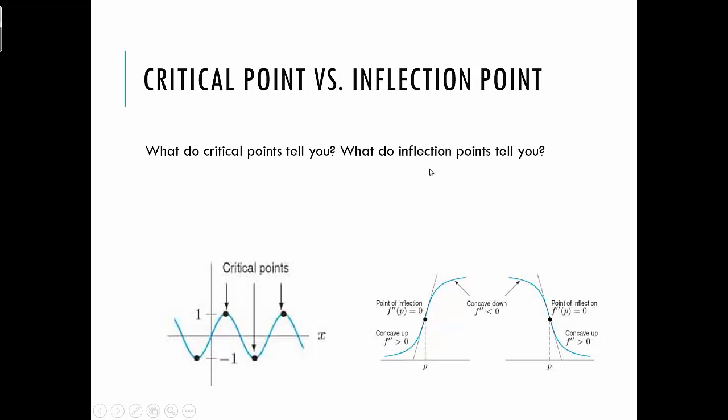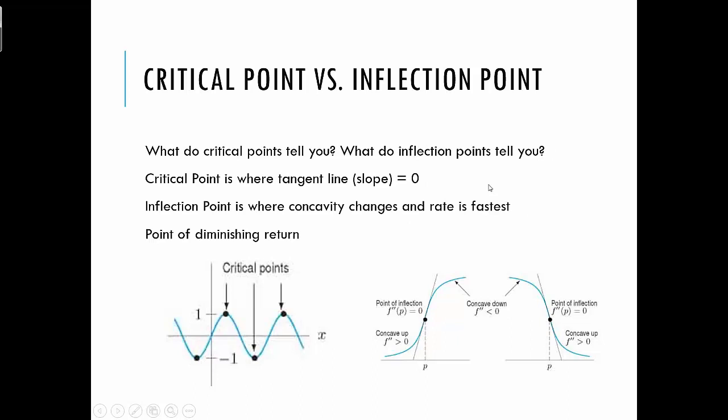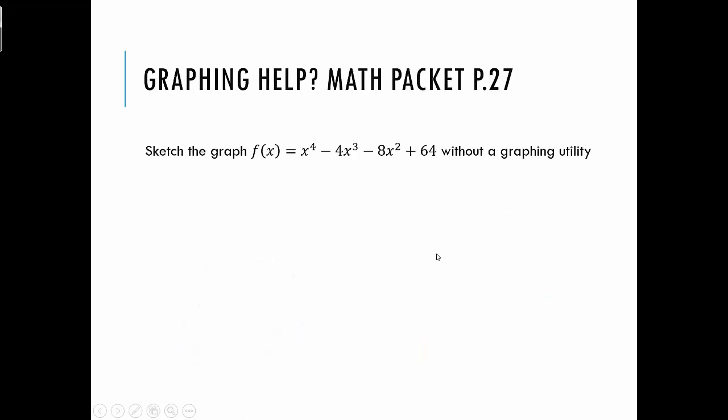What do critical points tell you and what do inflection points tell you? I kind of just mentioned that. Your critical point is where your tangent line, your slope, is 0, or where you could have a max and a min. Inflection point is where the concavity changes and the rate is the fastest, which we also call the point of diminishing return. So if you have something like this in your math packet, page 27,